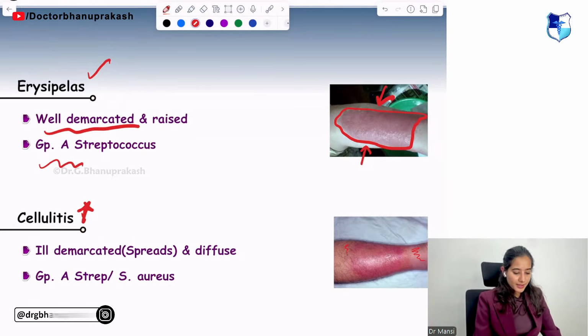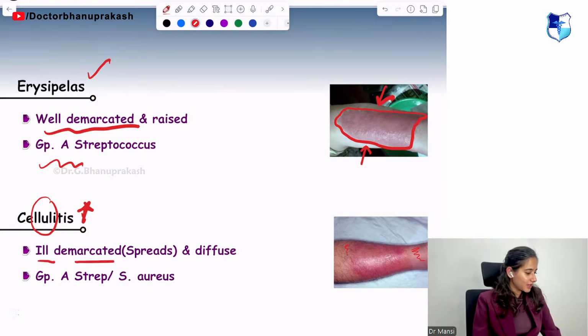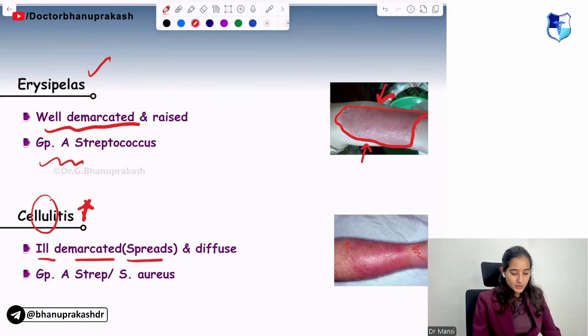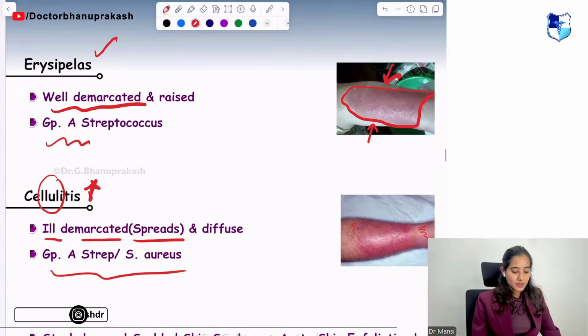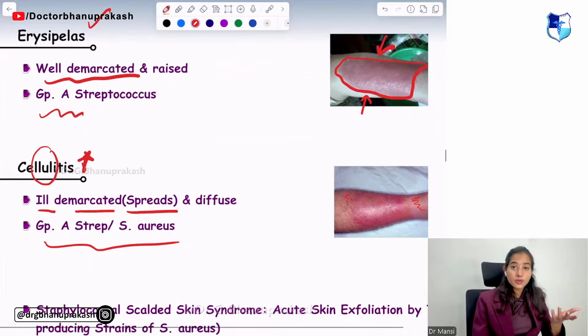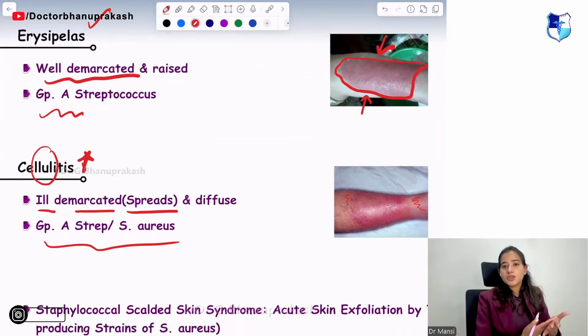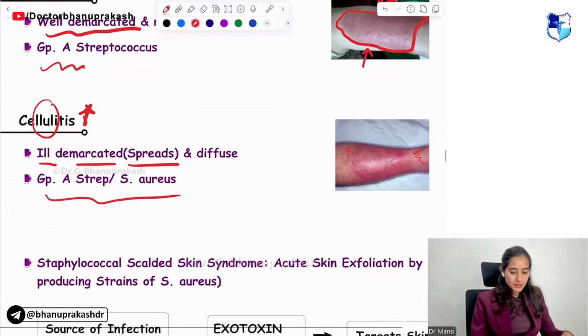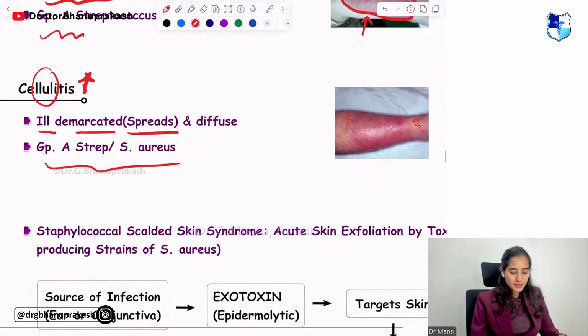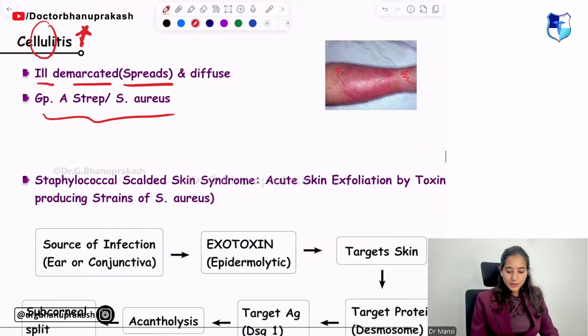Whereas in cellulitis, it is ill-demarcated. It spreads, it is diffuse, and it is caused by group A streptococcus and Staphylococcus aureus. Both are causative agents for cellulitis. Also, in cellulitis, if you touch the lesion, it will be hot to touch. Sometimes people can also get fever in cellulitis. Then we move to the